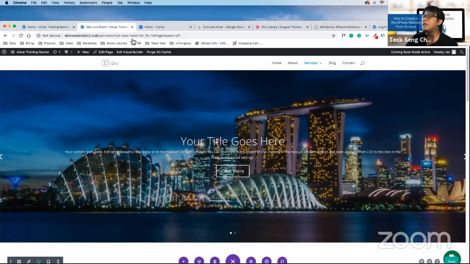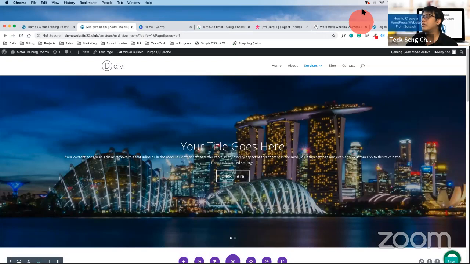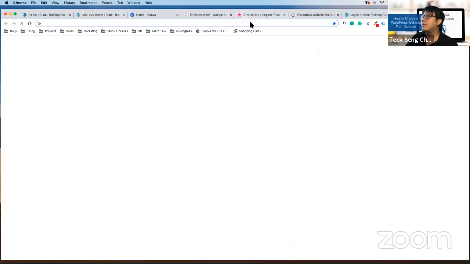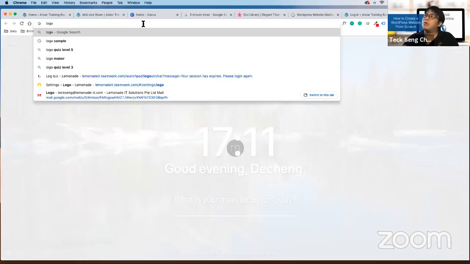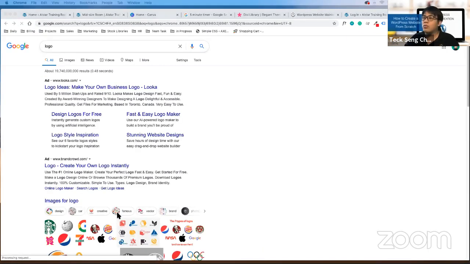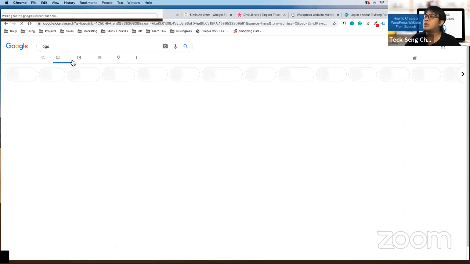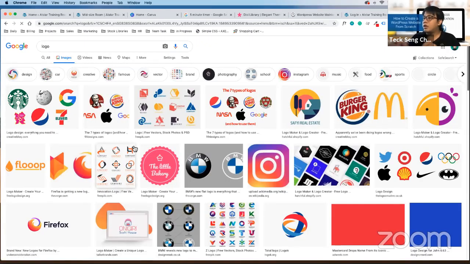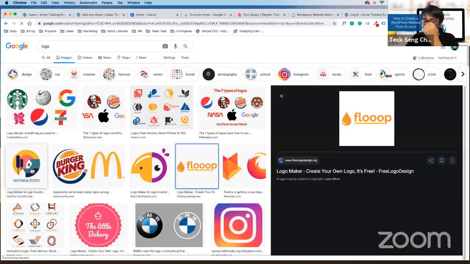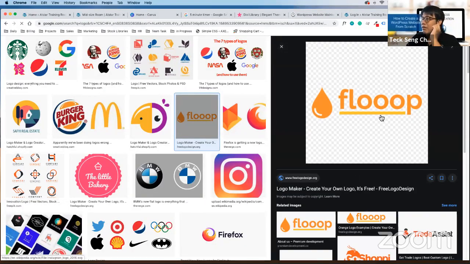First thing first, I need you all to help me to download a logo. Any logo will do. So what you should do is the same thing as when you want to find a logo, when you do your own logo. Make sure you actually do a logo for website. Try to choose a logo with a horizontal, with a landscape style.